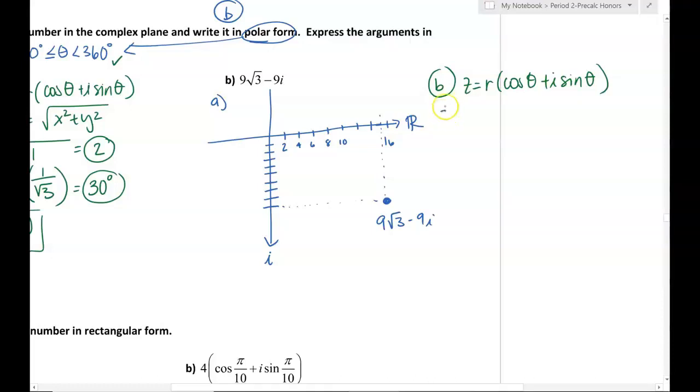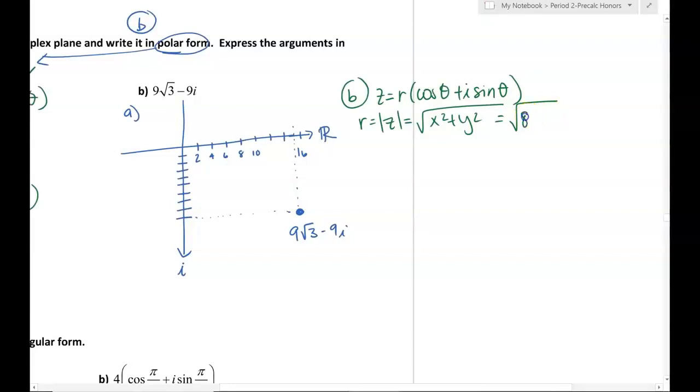So radius is the magnitude of z, which is going to be the square root of x squared plus y squared, where x happens to be 9 radical 3, and I square that, so that's going to be 81 times 3. Then plus, okay, y is negative 9, and I want to square that, so that's going to be 81